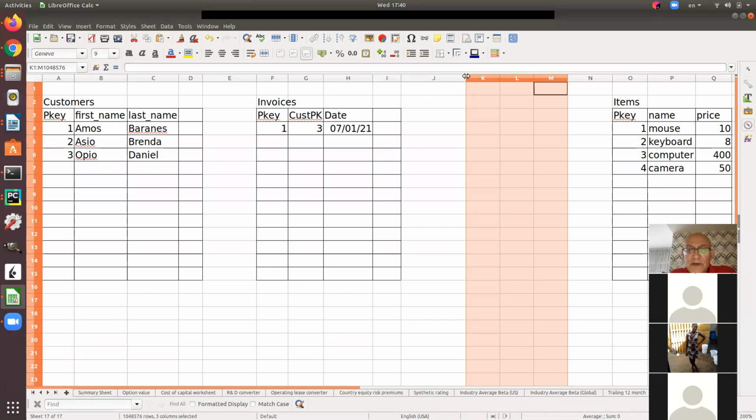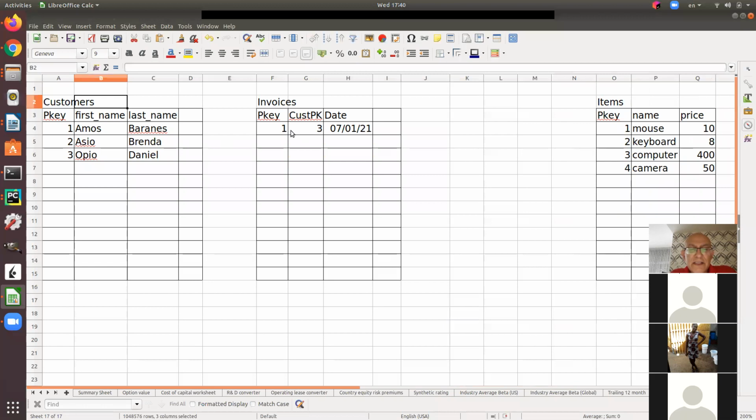Okay, so what do we have so far? We have a table for customers. We have a table for the items in the inventory. Every invoice that we issue, we put in this table. And now we want another table. In this table, we want to put the items,